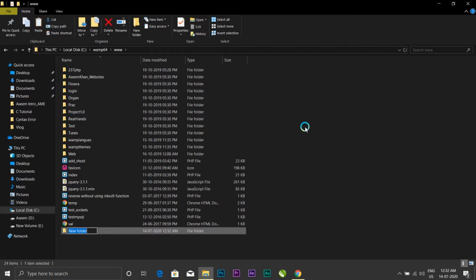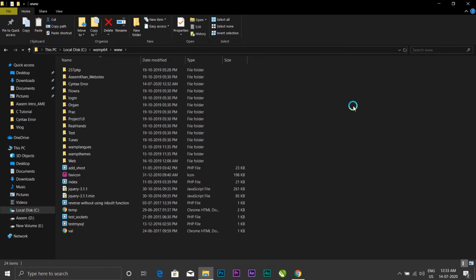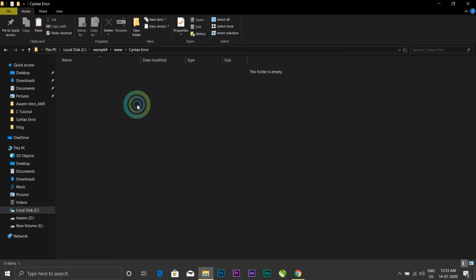In my case I have Syntax Error, so I will create a folder named syntax error. Go inside that folder which we have just created and paste the WordPress files.